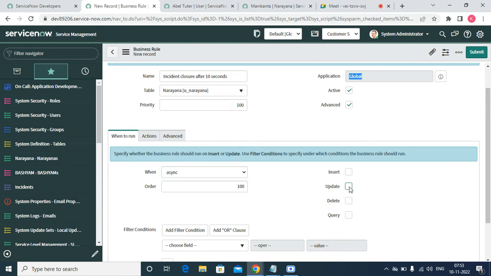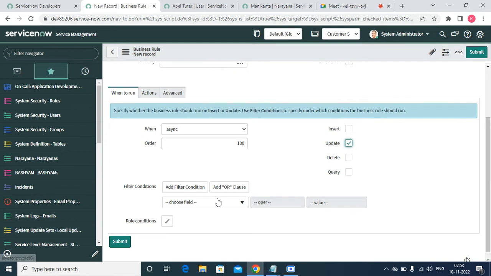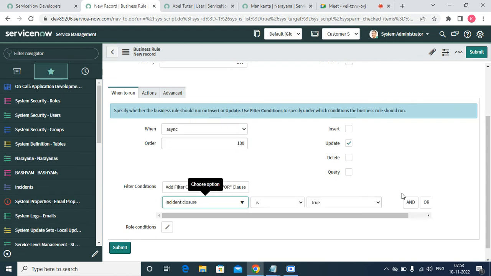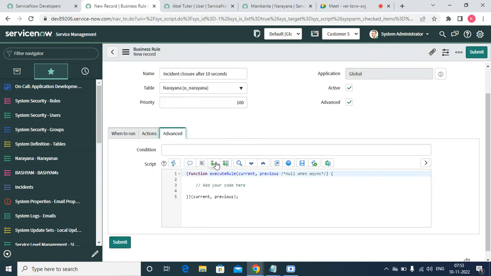If I am going to do it after the update, what I am going to do is make this field the condition: incident closure is true. Actions is not there. So here, if you want to do it after 10 seconds, for example, what we need to do is gs.sleep. gs.sleep is nothing but